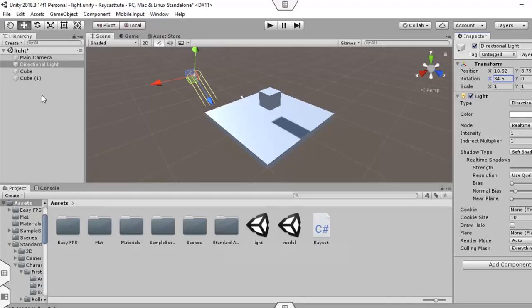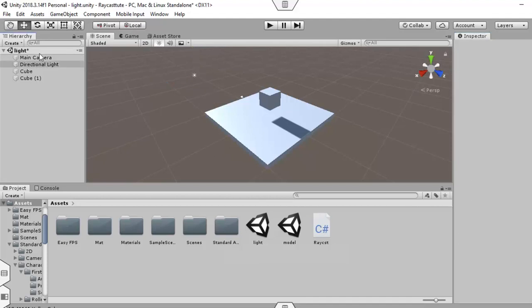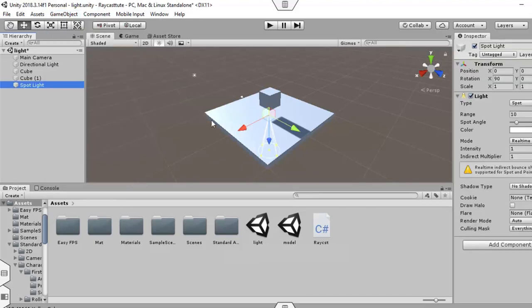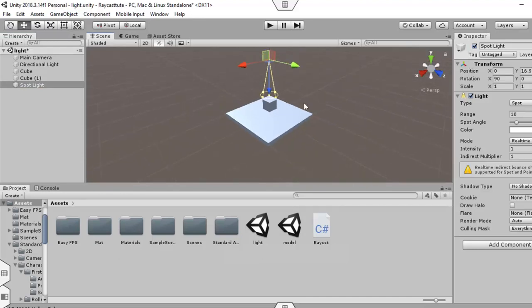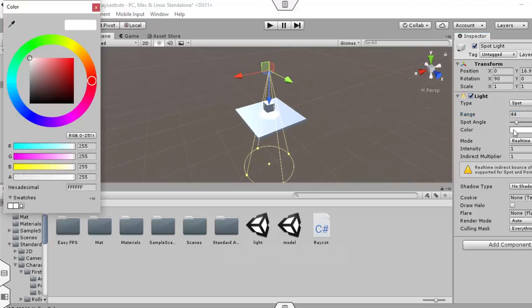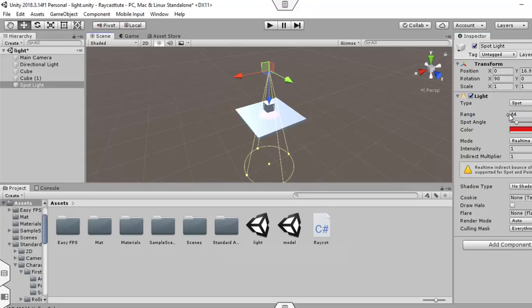You can see the example of spotlight in our Unity engine. For example, we can create a spotlight. So here we can see, if I increase the range, now you can see that the range of the spotlight increases, and if I change the color, now you can also increase the intensity.